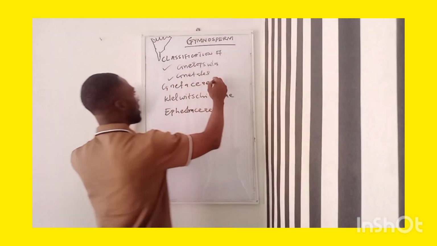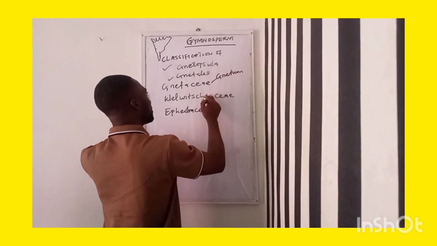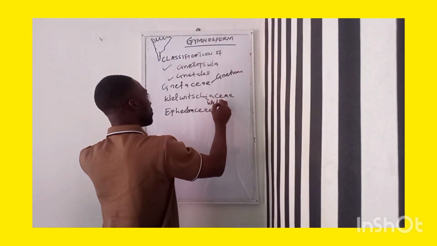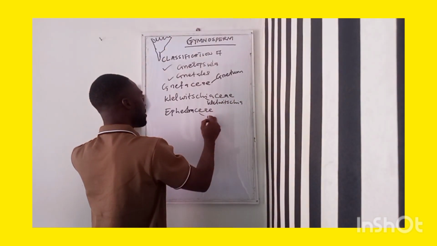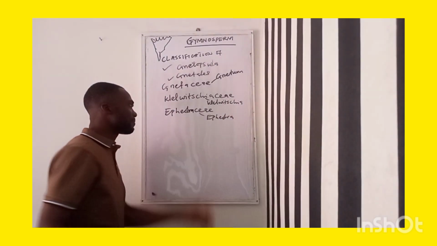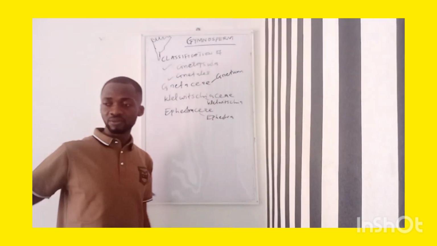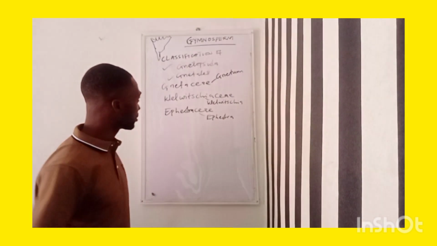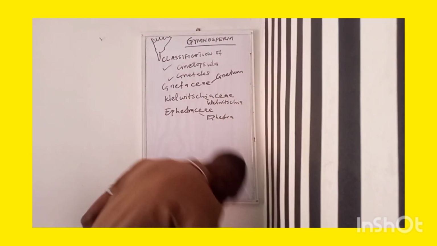So this Ephedraceae, that's where you see the genus Gnetum. Then that's where you see Welwitschia as a genus. That's where you see Ephedra, Ephedra as the genus, and of course you can get many species from this. Okay, so